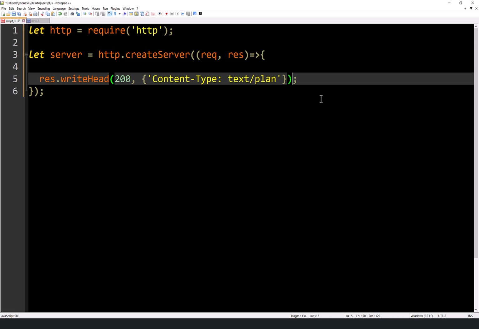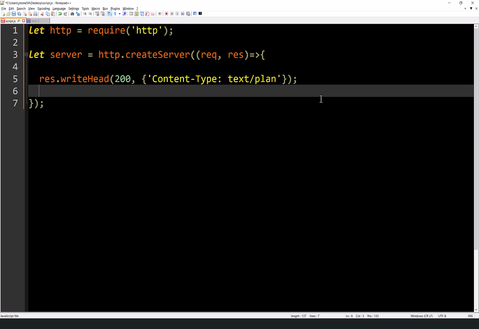The first thing we're going to do is with the results object, we're going to write some information to a header that we're going to send to the browser. So we're giving the browser some header information. And then the end result here, so end function, is whatever we want the message to be, whatever is going to be displayed on the browser page.